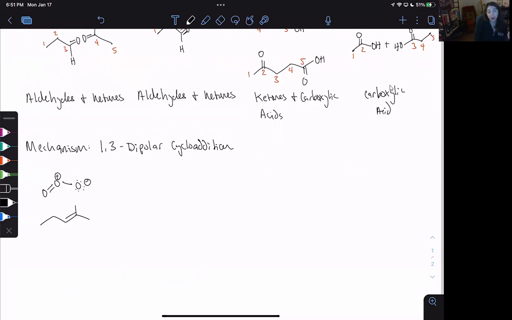tend to like to think about it, especially with the dipolar ones. Not all of the pericyclic reactions have dipoles, but for the dipolar ones, I like to start with the negative charge. So we're going to start with the negative charge attacking that alkene. Those pi electrons in the alkene have to move somewhere. So they're going to move over to this oxygen. And then we can have electrons move on to the oxygen that is positively charged. So if we look at the transition state here,